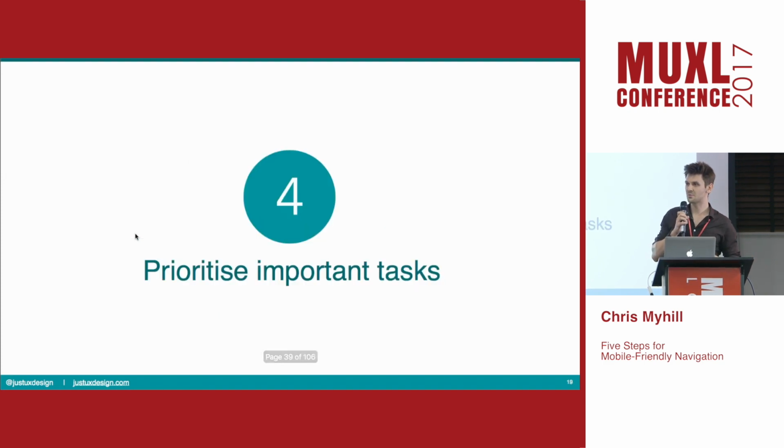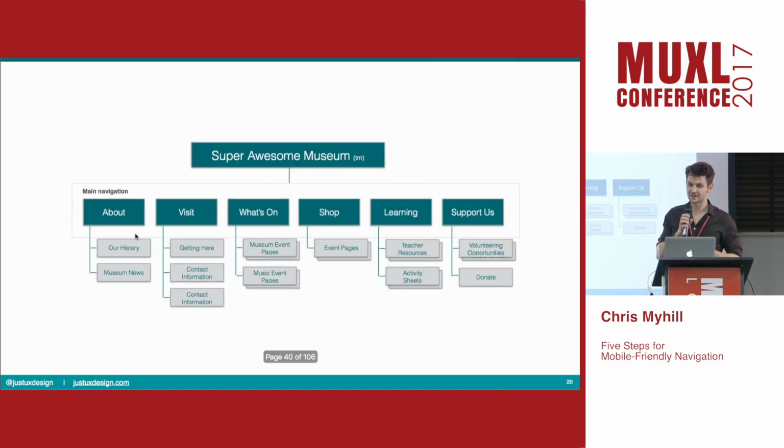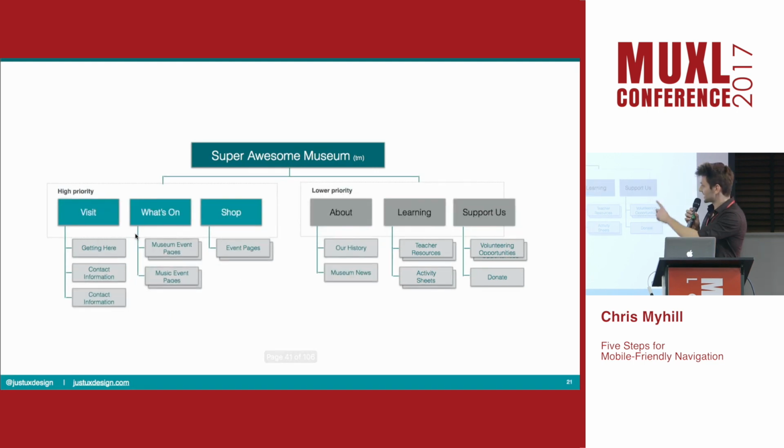And now this is the really important one. We can start prioritizing. Now, part of our research was seeing which content people valued more, where people went more often, where repeat visits happened. Because we did this research, we can start saying, right, we know that these sections are far more important than these ones. So now we're really starting to cook with gas because we've got three succinct, high priority items,